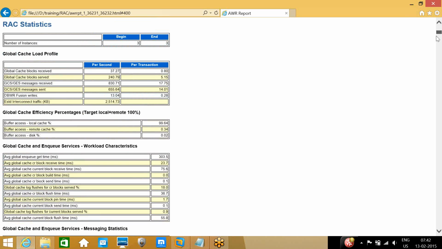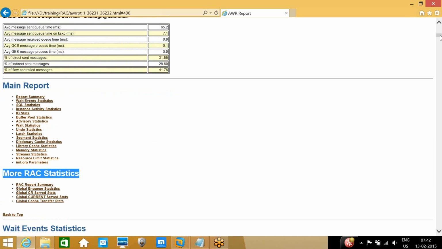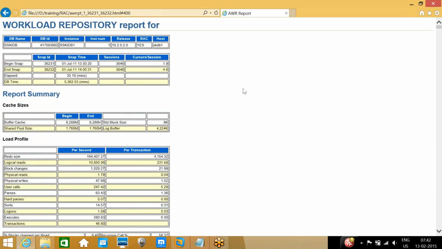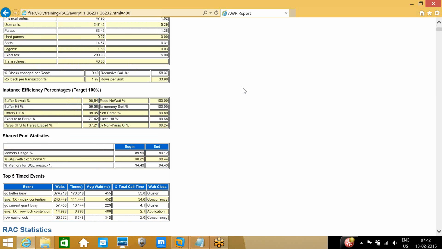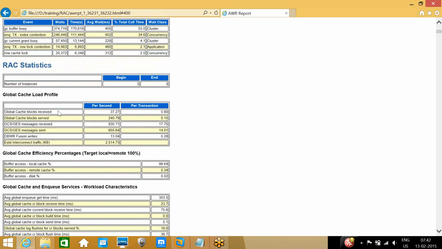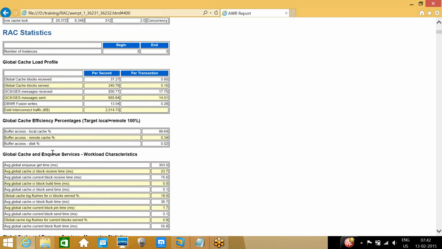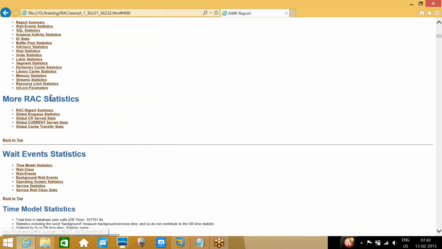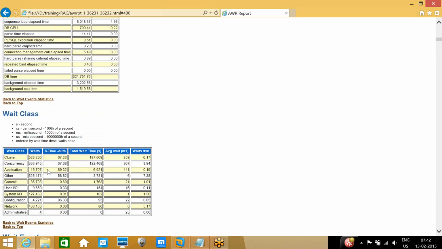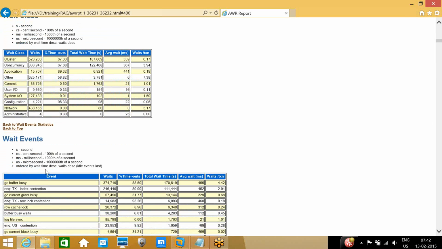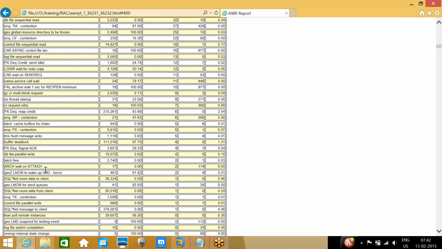Waits are more here, and GC current grant busy. If you see RAC related ones, then you need to check here. First I want to check outside of RAC, so I am going for SQL based on the transaction logs.